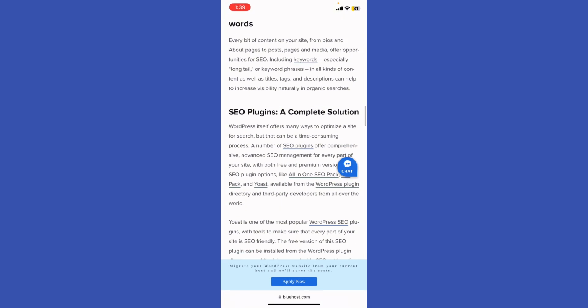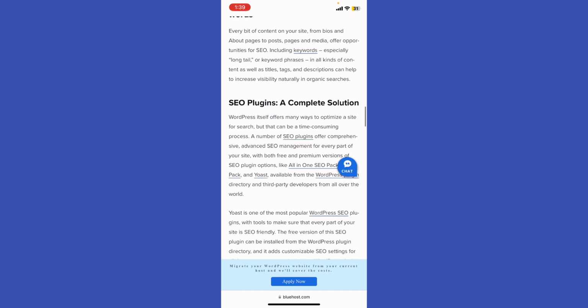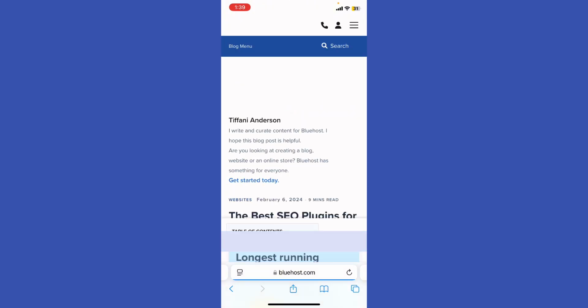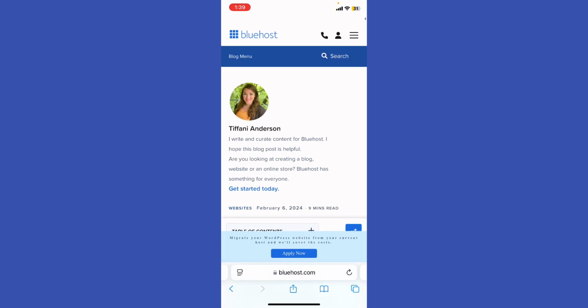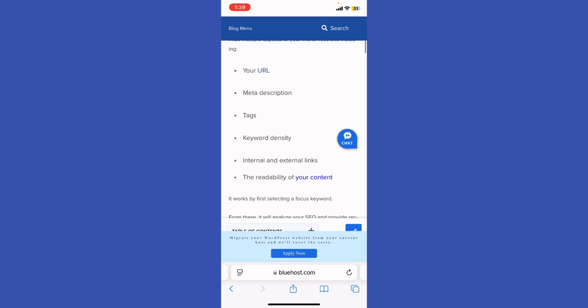So first, you need to use an SEO plugin, a complete solution. WordPress itself offers many ways to optimize a site for search, but that can be a time-consuming process. A number of SEO plugins offer comprehensive, advanced SEO management for every part of your site. We're going to get to know more about the SEO tools that you can use to optimize your